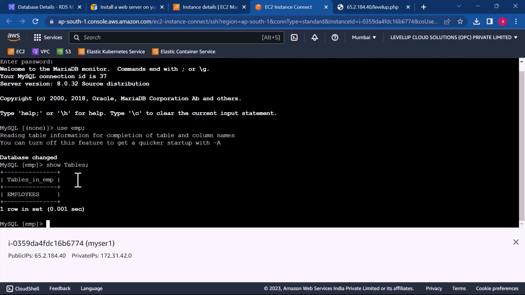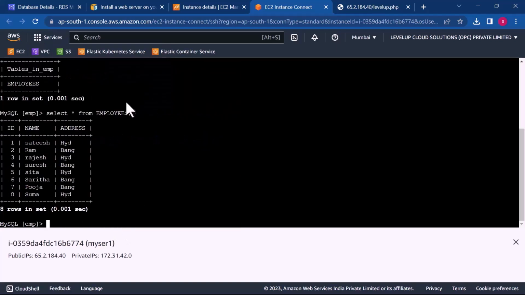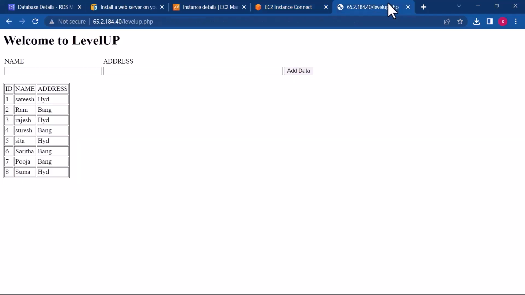Show tables. Now you see there's a table by name employees. Okay. Now let's say I will query the data. Select star from the table name is employees. Okay. Let me copy this and paste. Give a semicolon, enter. Now you see all the employees data which I have entered in this application is visible